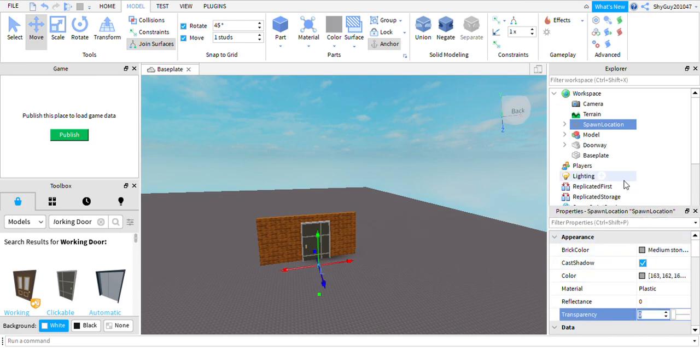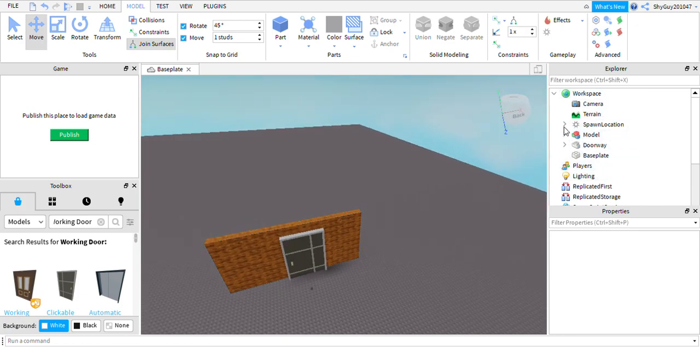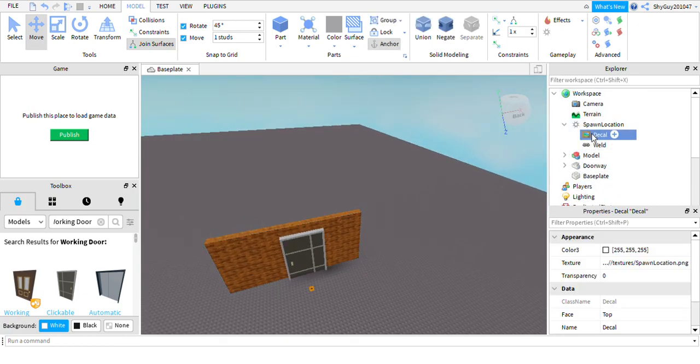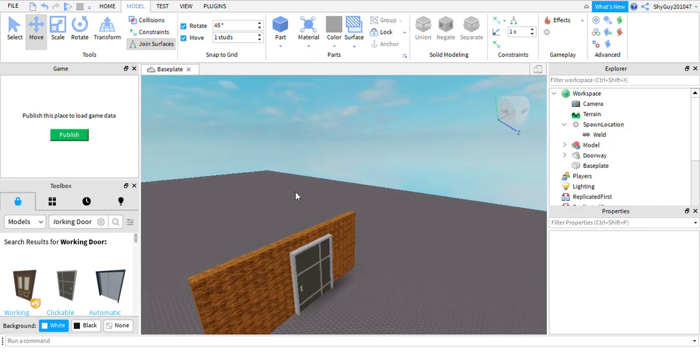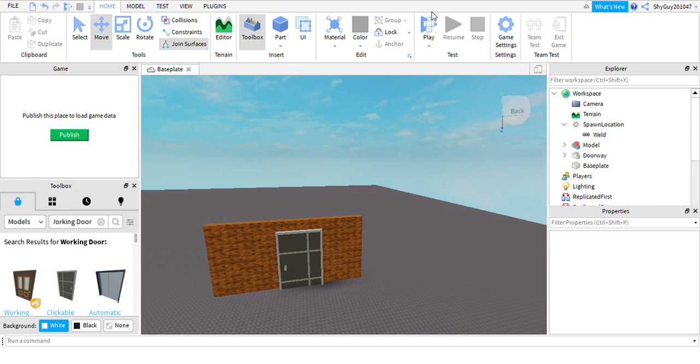So go into the Properties window of your spawn location and set the transparency to 1. That should make it invisible. There's still something there though, so you have to delete it. Click the arrow by the side of spawn location, and delete the decal. Now it's definitely invisible. So now if we play the game again,